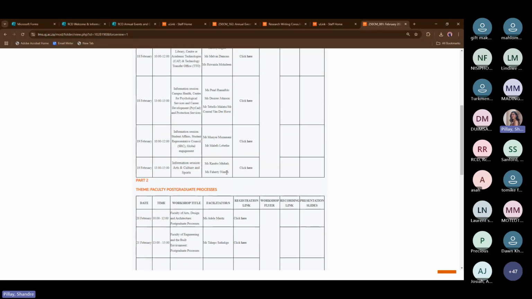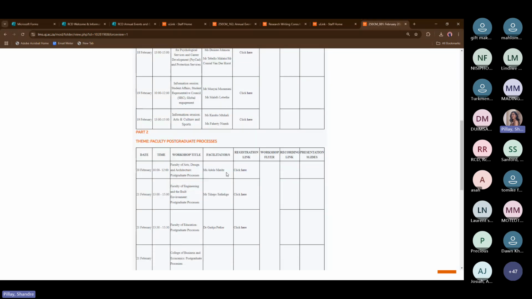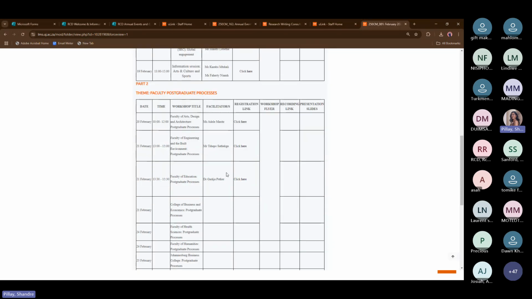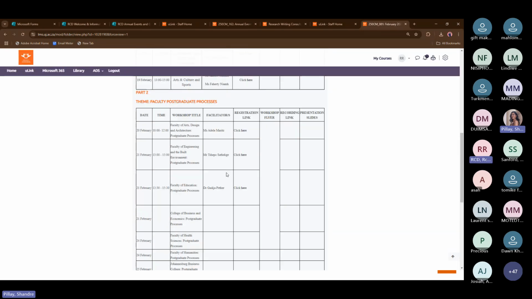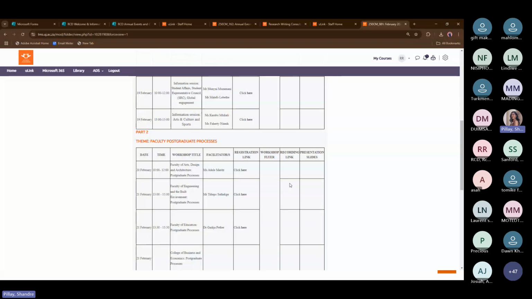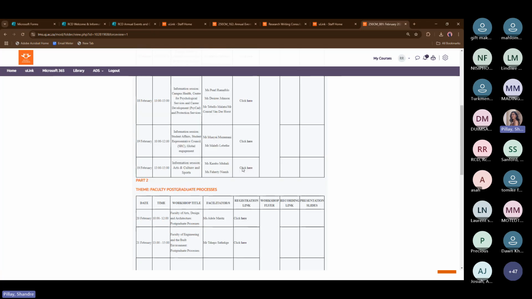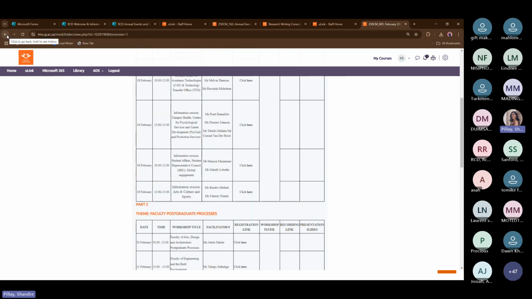For postgraduates specifically, we have faculty postgraduate processes starting this week and going into next week. That's where you can register if you click on the links for these workshops. Alternatively, you get them in the announcements in flyer format.